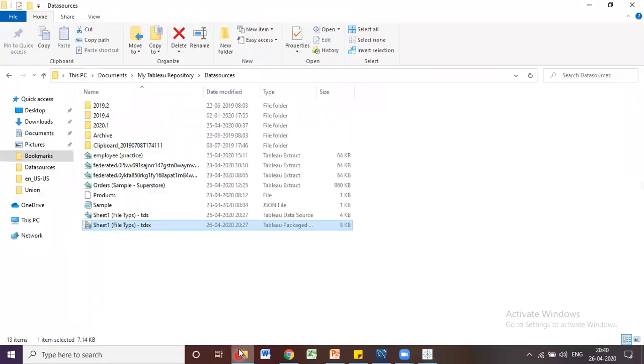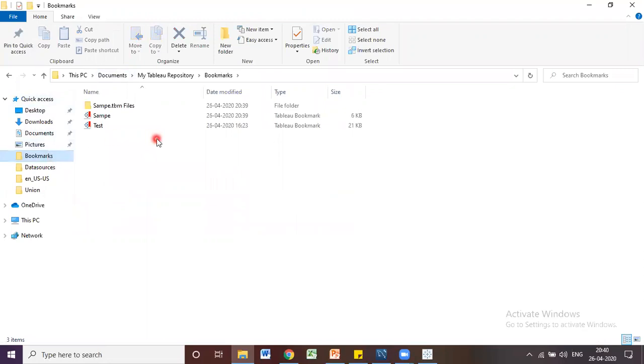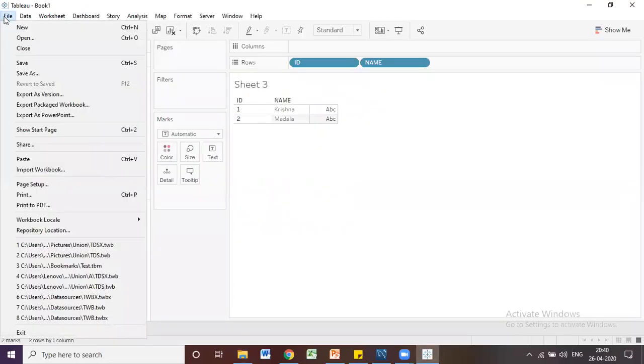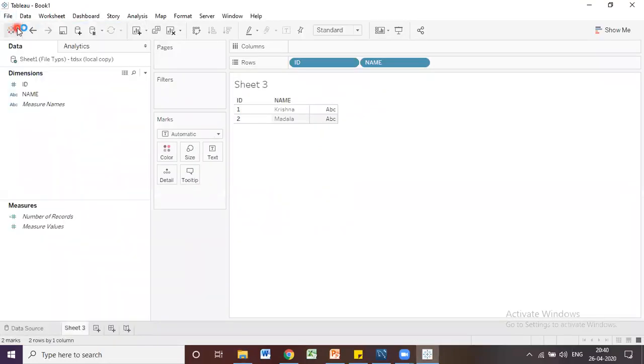Now let's go to my Tableau repository. See here under Bookmarks, we can see sample, right? You can see the type is Tableau bookmark. Now, for example, I am going to work on another workbook, so let me open it.